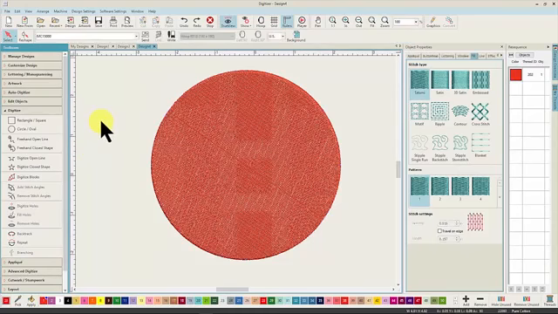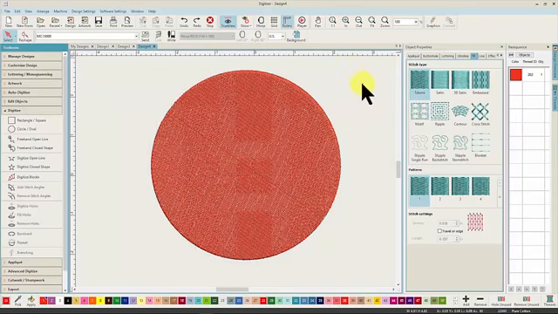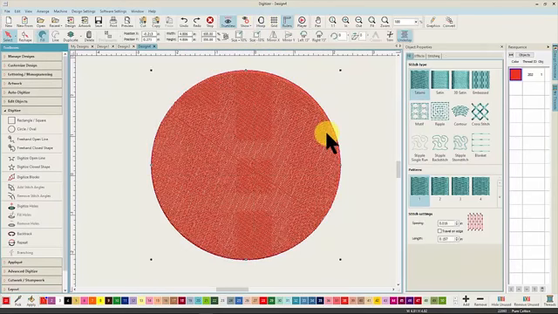If I deselect, this is where I can change from my US to metric measure. I can select a machine that I'll be using to embroider my design. And if I have the hoop selected, I'll be able to select my hoop from the drop-down menu. I'll deselect the hoop, and we'll take a look at some of the options for fill in the new Object